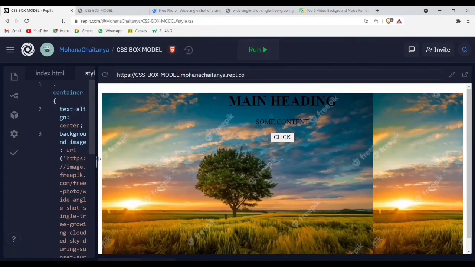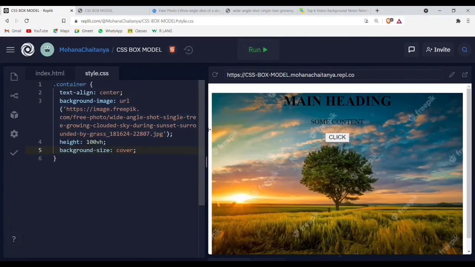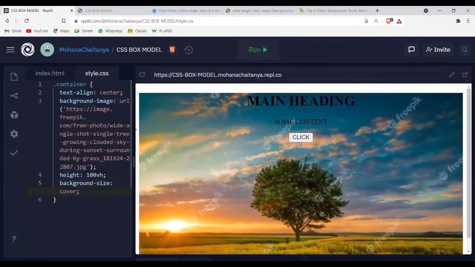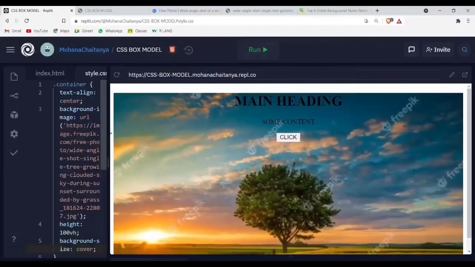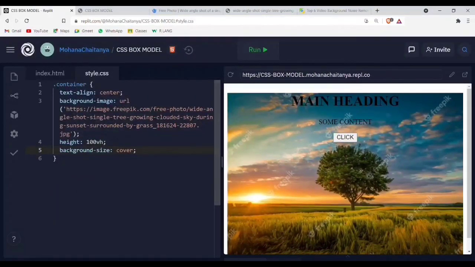This is the use of background size. Let's give this background size and let's try to run this. See, it's enlarging and it's not duplicating. This is the use of background size. If we give background-size equal to cover, it will automatically cover the whole width and height. Thank you.